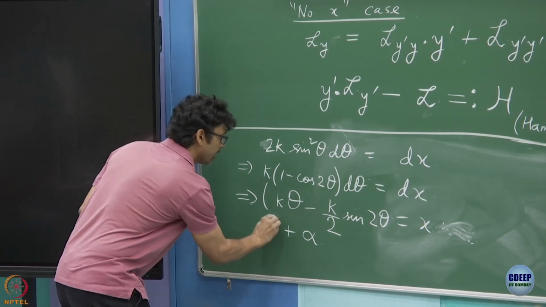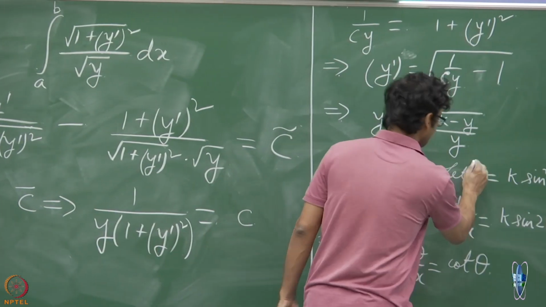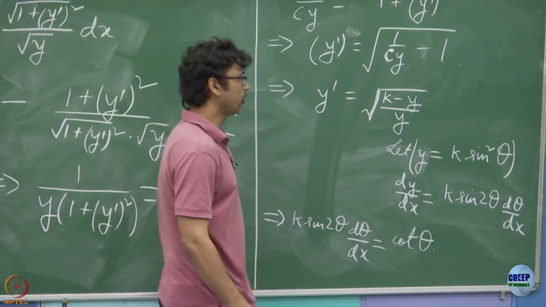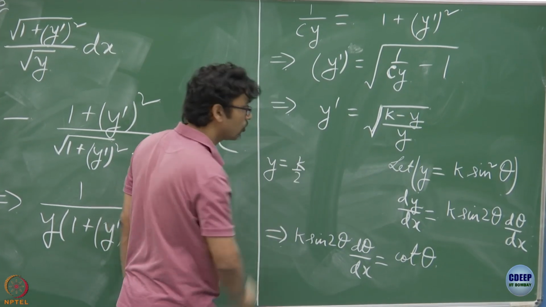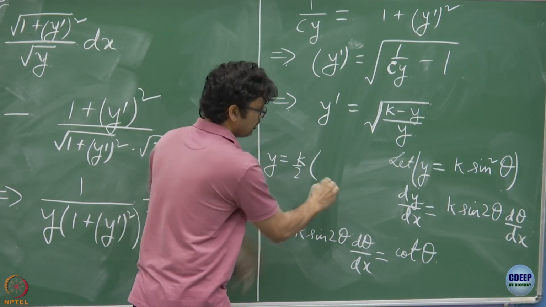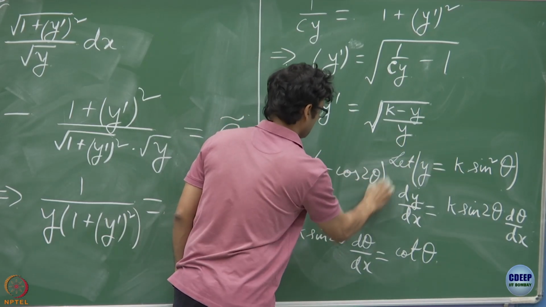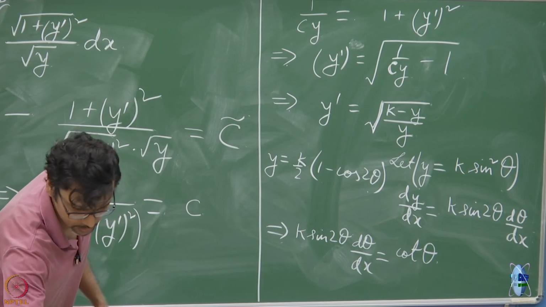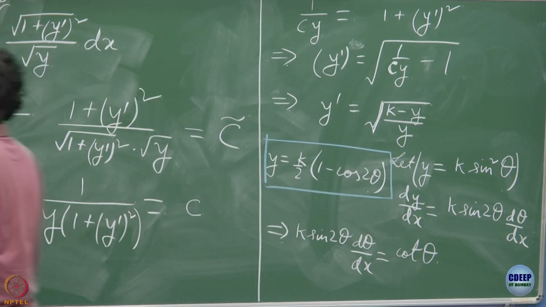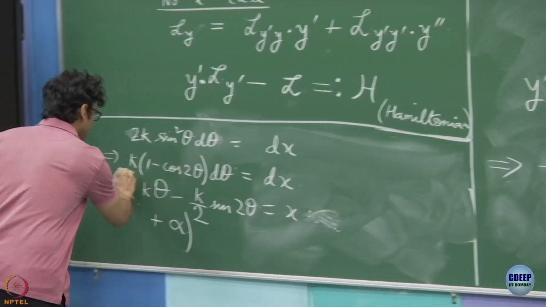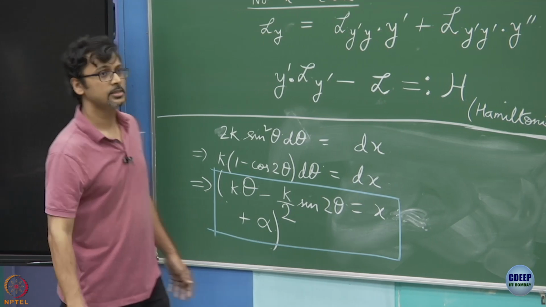Yeah. So this is my x and this is my y, which of course I could have also called as y is equal to k by 2 sine squared theta. So that is 1 minus cos 2 theta, and just like that, lo and behold, we have the parametric equation of a cycloid,